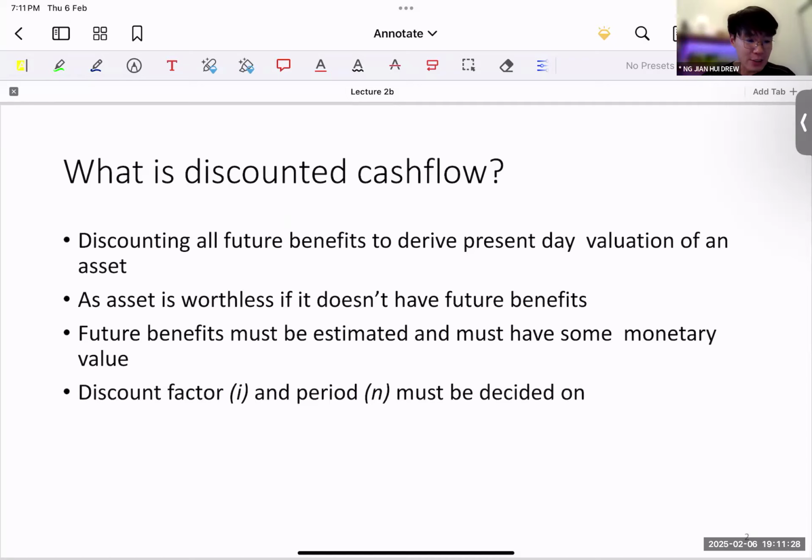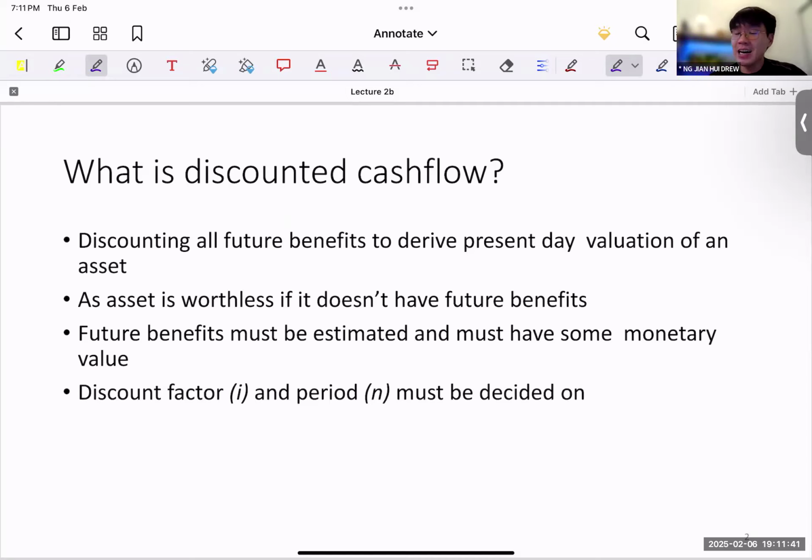What's discounted cash flow? Good that most of you have heard of discounted cash flow. So the idea behind it, let's put it in a simple sense, is that a security is an asset, right? So any kind of asset that can give you cash flows will have certain values. And therefore, if we discount these future cash flows to the present day, then we're able to determine the actual value of this asset.